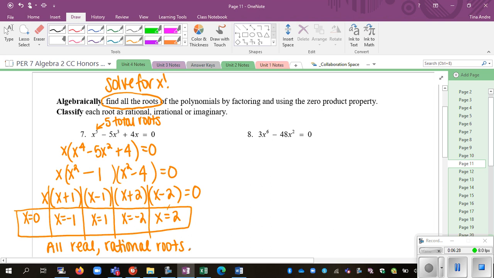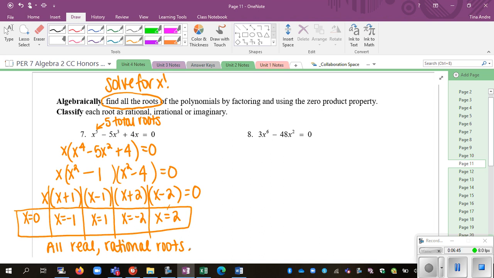If you remember the discriminant, we use that to classify the nature of the roots for quadratics. That does not work when we're talking polynomials. So that's only for quadratics. If I look at this next one here, I think I'm going to actually leave that one for you because